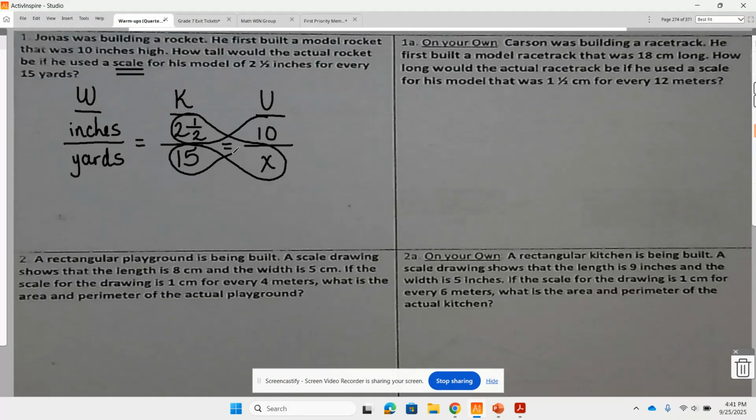Remember that your calculators that you've been using are not the best with mixed numbers, so it's easier to change it to improper or a decimal. In this case, 2 and a half is easy to change to 2.5, so that would be my recommendation there. So we're going to say 2.5 times x is equal to 15 times 10. Remember, this is like solving an equation. Multiply these two together, which would be 150,